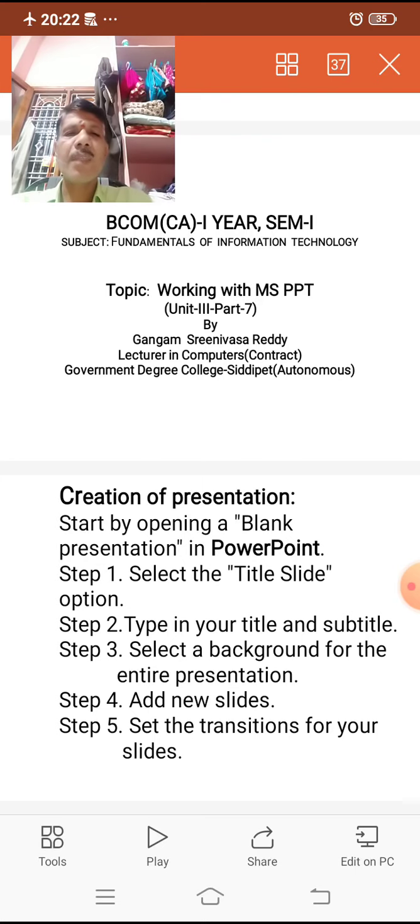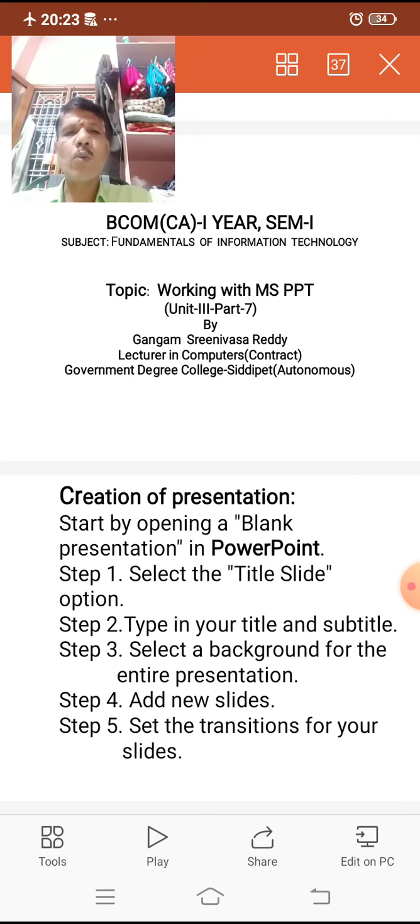Generally a shortcut will be available on the desktop of the computer. By clicking that shortcut we can open it, or by using the start button, all programs, MS Office and MS PowerPoint. When it is clicked, it opens a blank presentation.